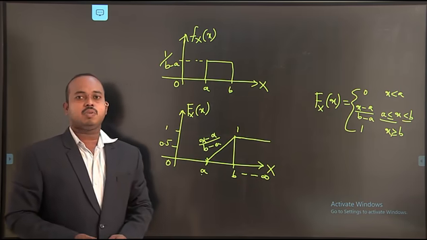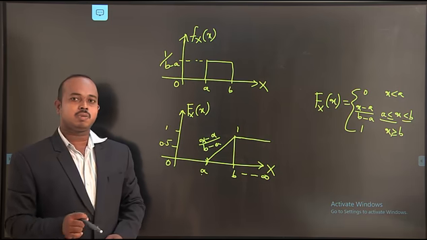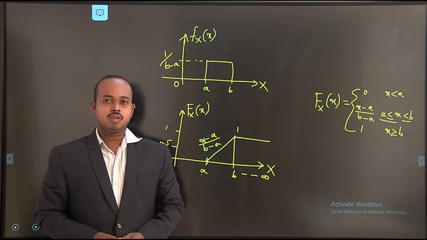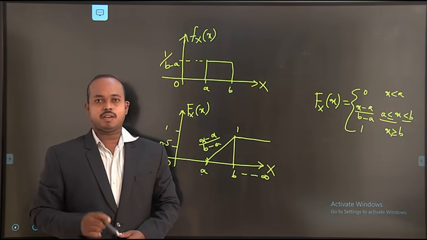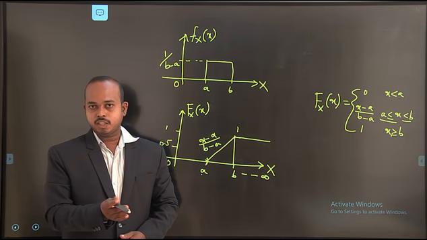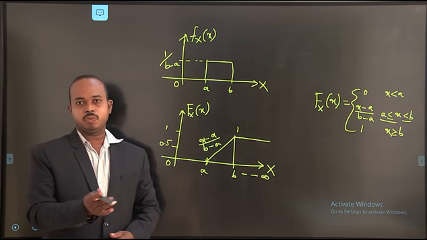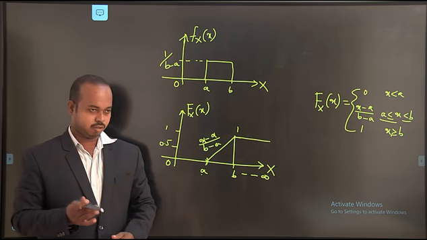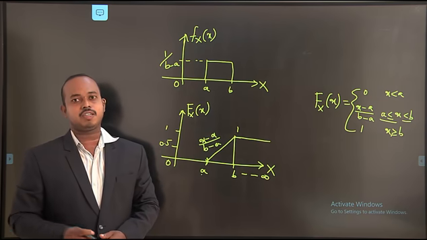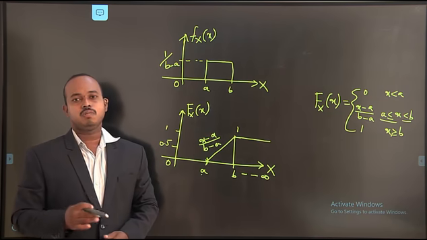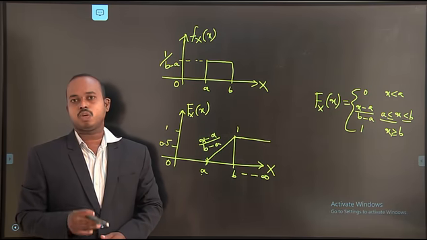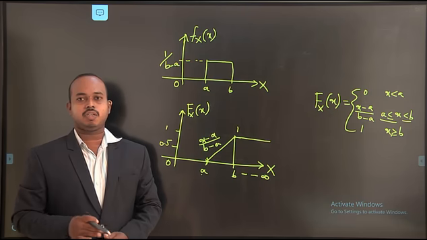What are the applications of the uniform distribution and density functions? The first one is that we round off the errors. When distributing over a certain area, in that area we can round off the errors using the uniform distribution and density function. And the second one is digital communication.